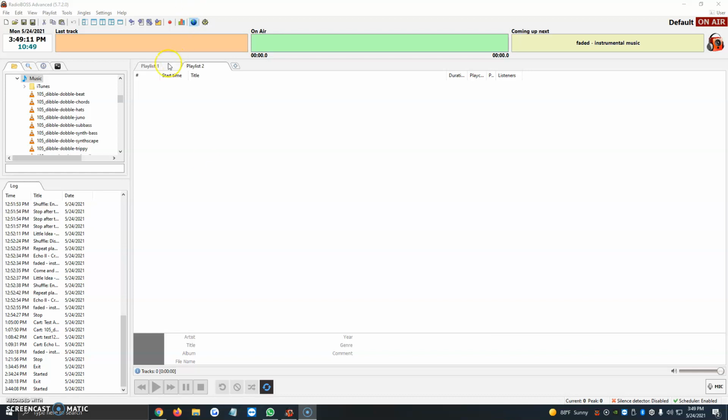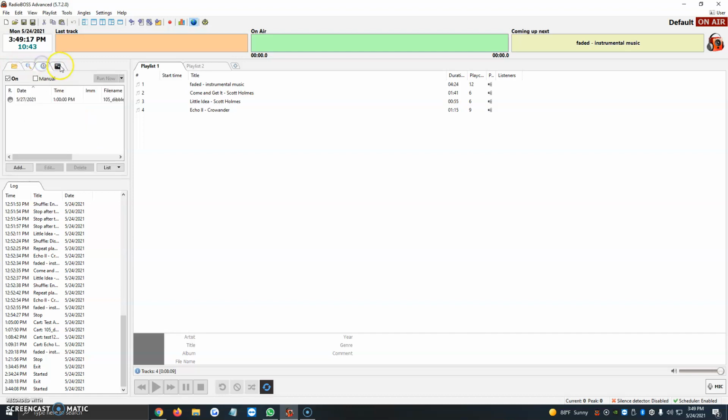We've got playlist 1, playlist 2, and on the left hand side you've got the file explorer, the file lookup, the scheduler, and then the equalizer, and right below you've got log. But in our last video we talked about how to add sound effects. It involves adding more workstations, so we wanted to make a video just on how to add more workstations, so you have an idea of how to add more room to play and to work on when it comes to